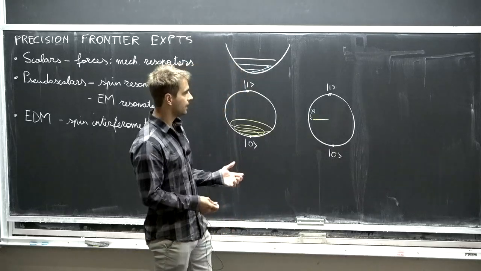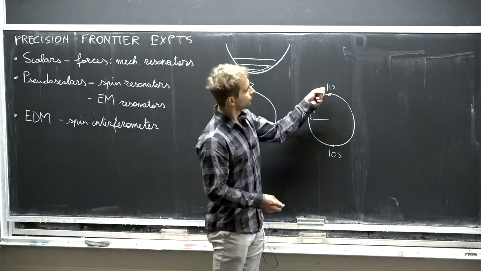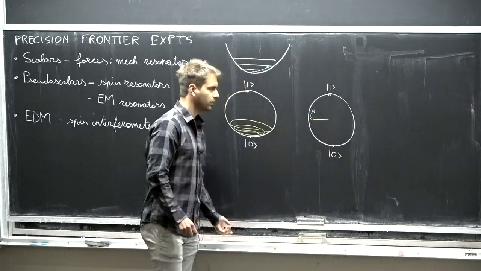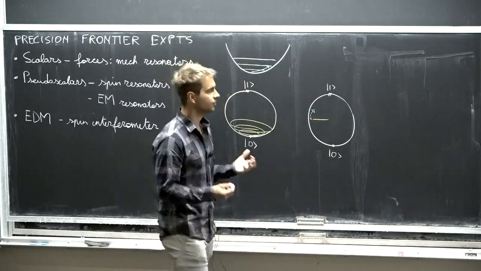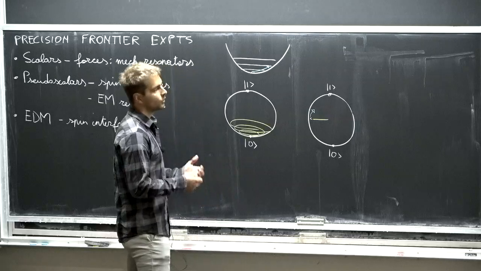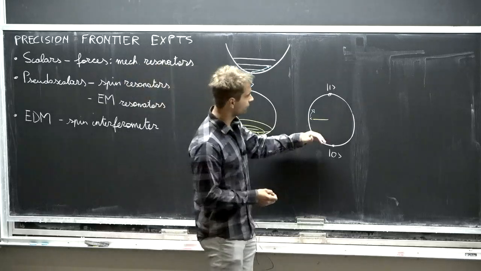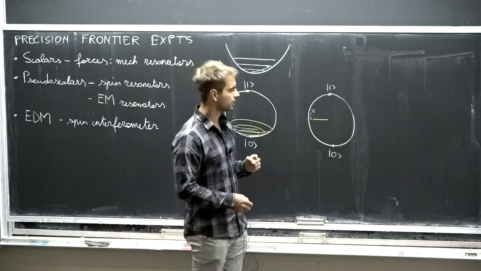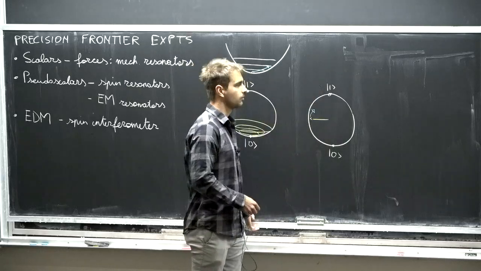And when you want to read that out, you project on this state or that state, but you'll get a probabilistic outcome. So there is some fundamental quantum projection noise due to the fact that, if you have some 50-50 excitation and you want to ask if you're excited or not, you will get some